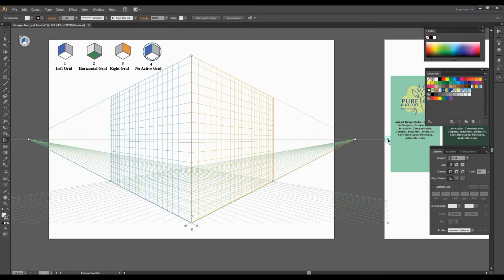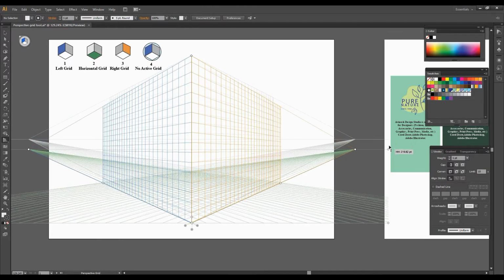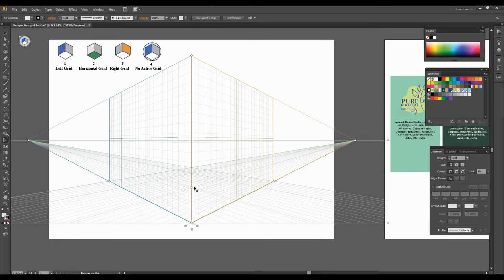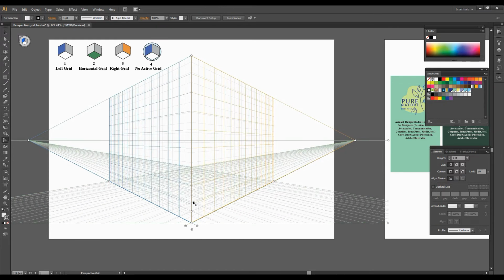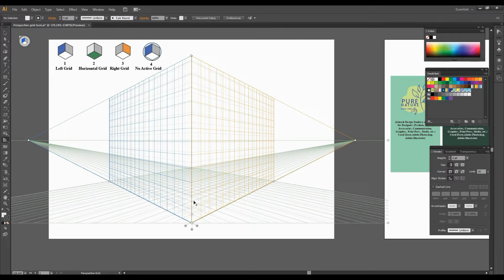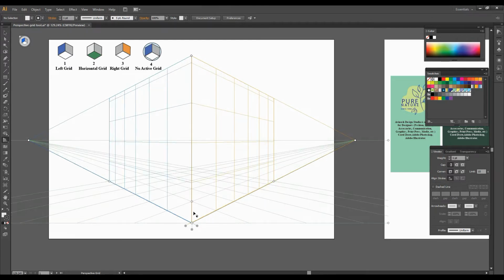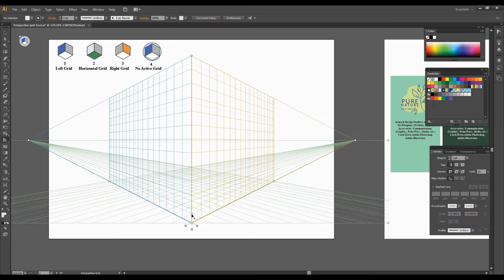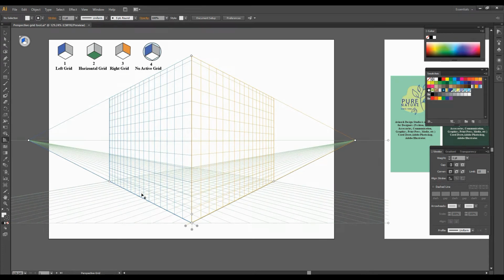And here also you can select and move the horizontal lines and vanishing point of the Perspective Grid. In the downside, there are also many options for increasing or decreasing the grid of 3 sides. You want more grid or less grid, it depends on you.